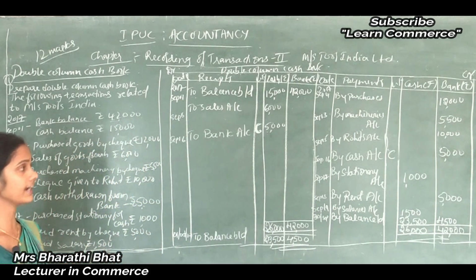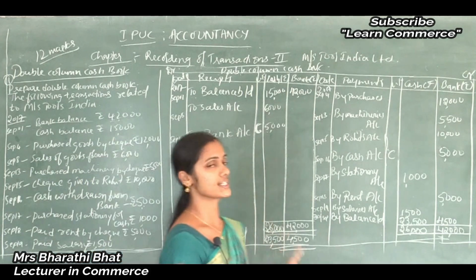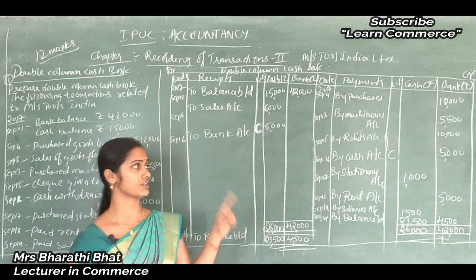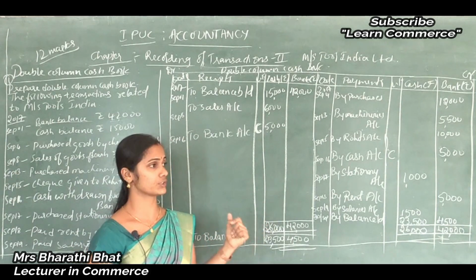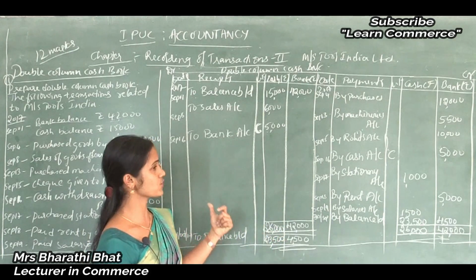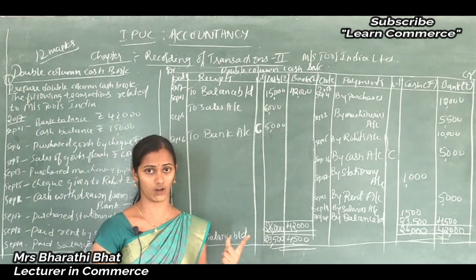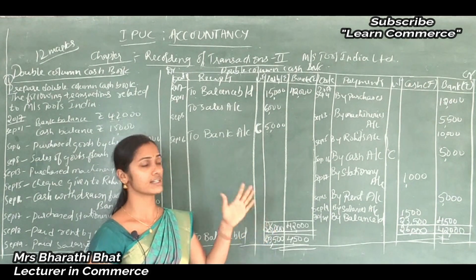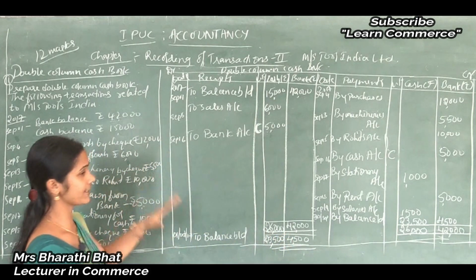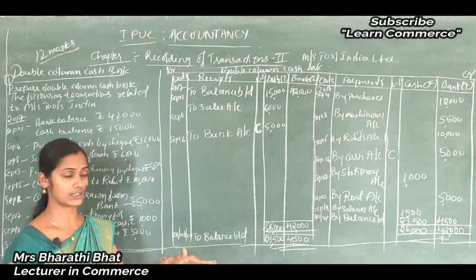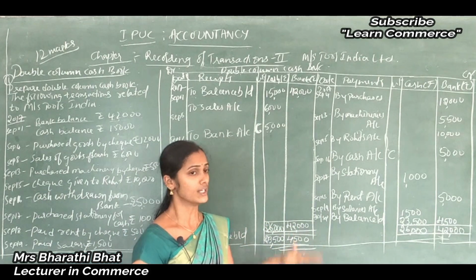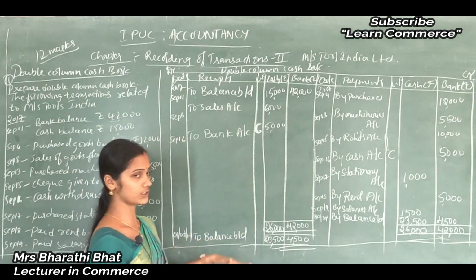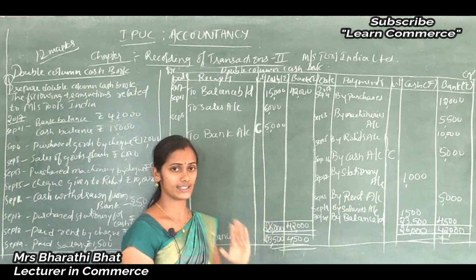So very simple, right? All the banking transactions, suppose a check is mentioned in the transaction, that amount should be recorded under the bank column, on both the receipts and payment sides. All the cash transactions are recorded under the cash column on both sides, cash receipts on the receipt side, all payments on the credit side. So the next step is totaling. After totaling, we need to find the carried down amount. The same carried down amount should be brought down on the first date of the next month. Below the total, brought down; above the total, carried down.